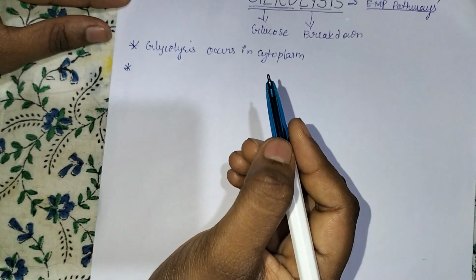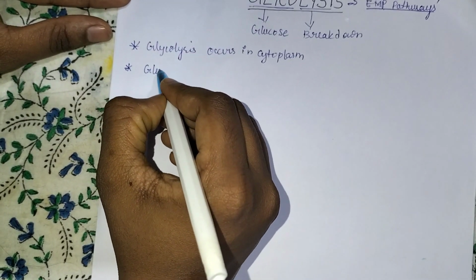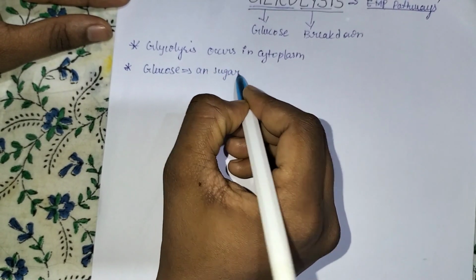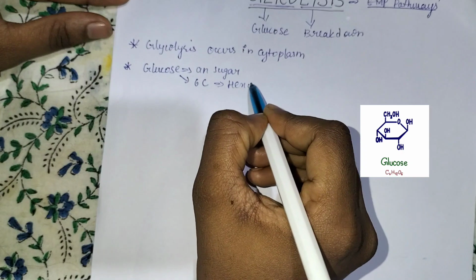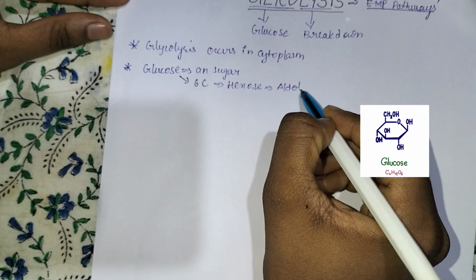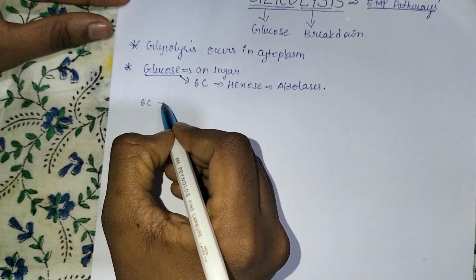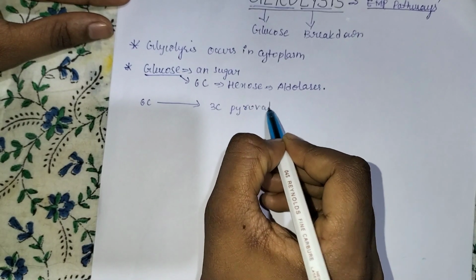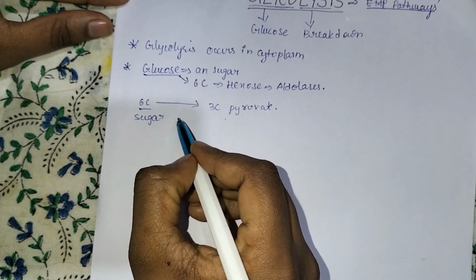So next, as I said, glycolysis is breakdown of glucose. So first we'll learn about glucose. We know glucose is a sugar. It is a 6-carbon sugar, so we can call it a hexose. And its group is aldoses. It is an aldose. Here the 6-carbon glucose is broken down into 3-carbon pyruvate. The important thing to learn here is that the sugar is getting converted to an